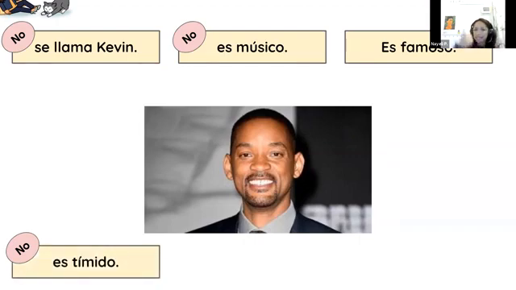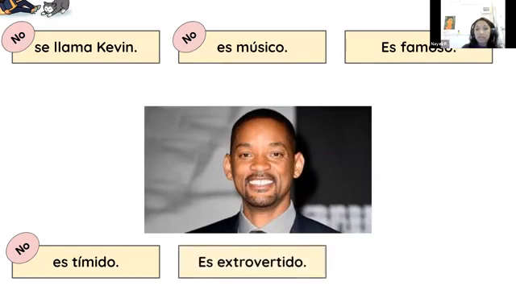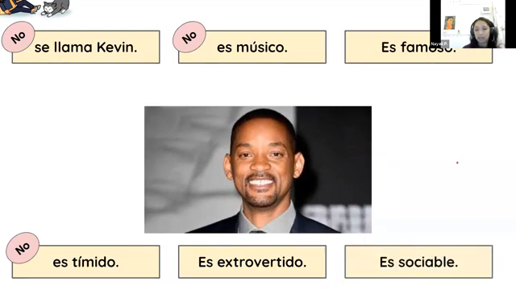Will Smith, ¿es tímido o no es tímido? You tell me. ¿Es tímido o no es tímido? No es tímido. Will Smith es extrovertido. Es sociable. He's very sociable. Es sociable. Es muy sociable. He is very sociable. Muy sociable. You can also use the word there, muy, M-U-Y,